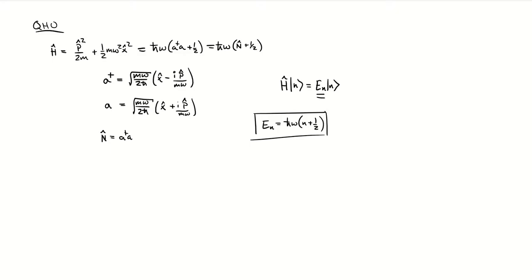We saw where this raising operator and lowering operator got their names from, because essentially we have this ladder of energy states, starting with the zero point energy at the bottom, and the raising operator takes us to a state that is increased by 1 h bar omega of energy, and we can go up or down this ladder of states using those raising or lowering operators, also known as ladder operators for that reason.